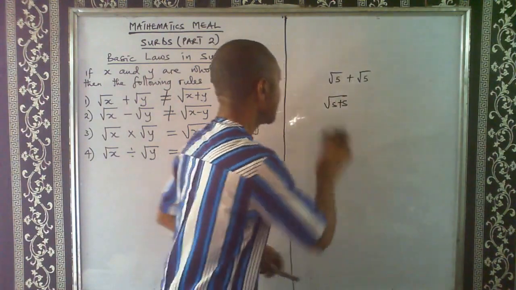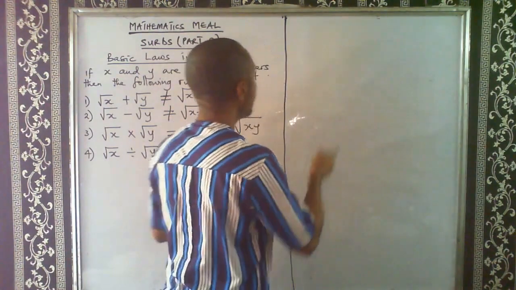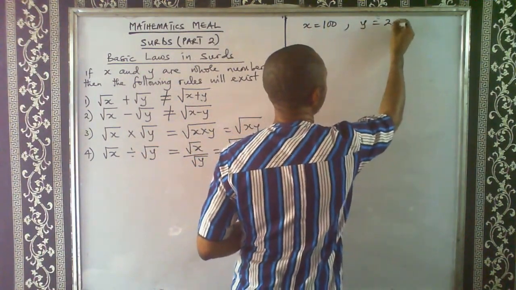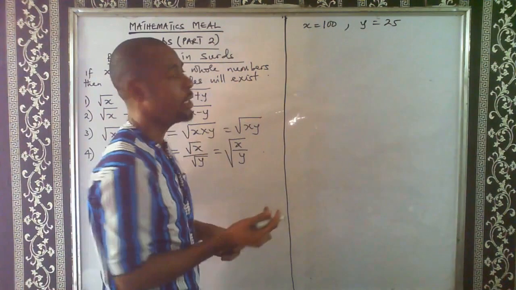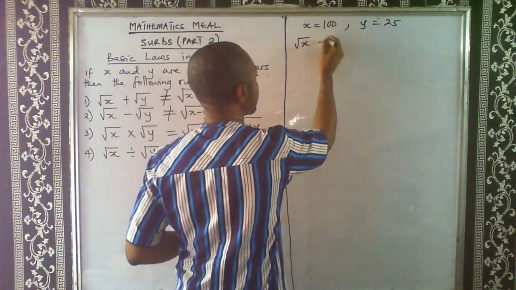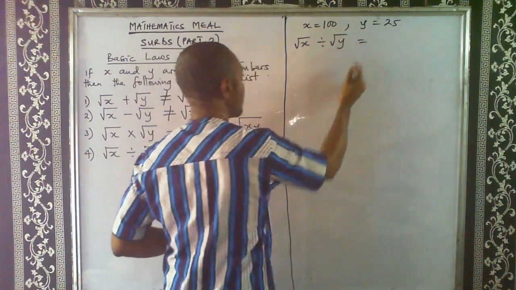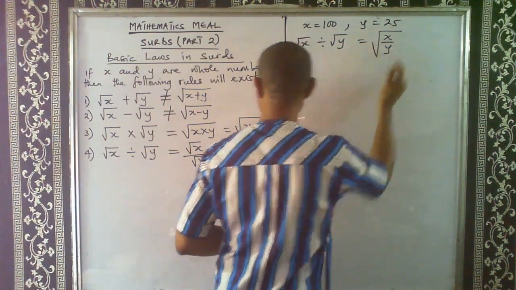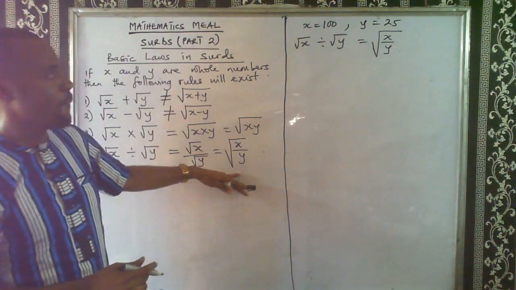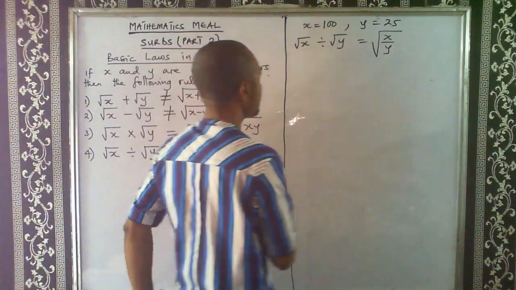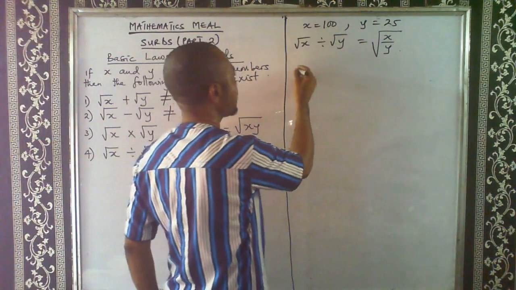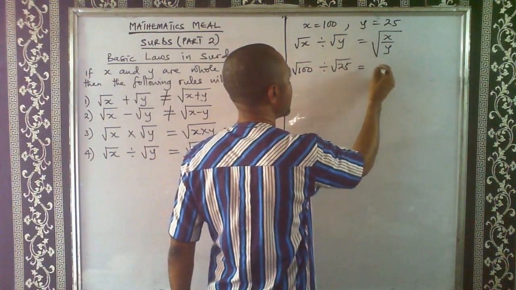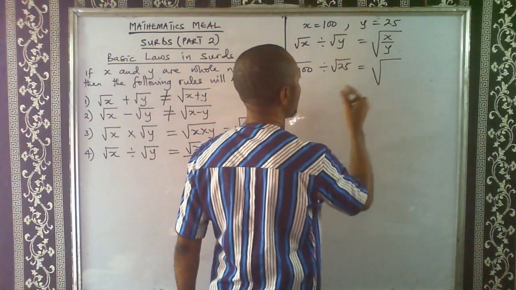Okay? So let's look at the last part. Supposing x is 100 and y is 25. Let's deal with this quickly. So it means that square root of x divided by square root of y, we have said ultimately is the same as square root of x over y, which is what we saw here. Okay, so let's look at this. If we substitute x as 100, square root of 100 divided by square root of 25 is equal to square root of